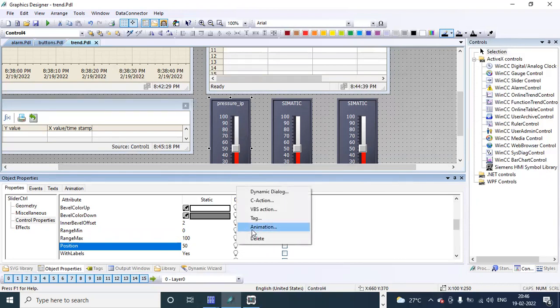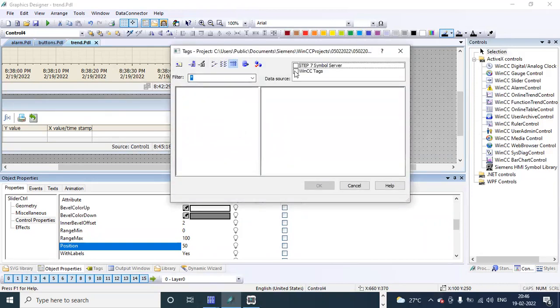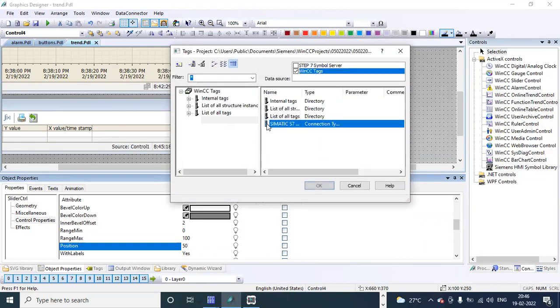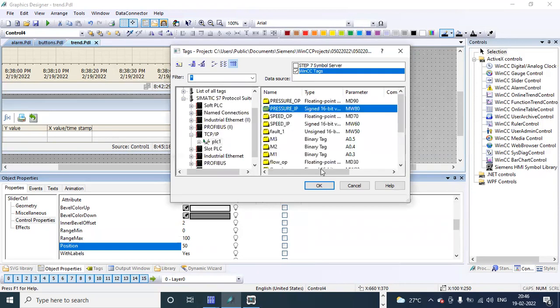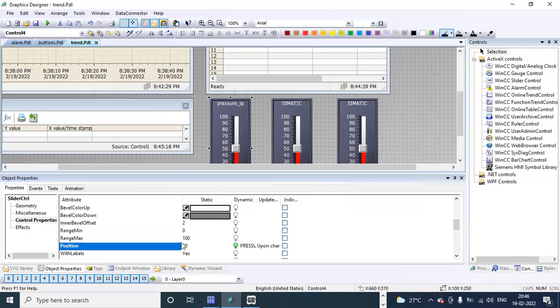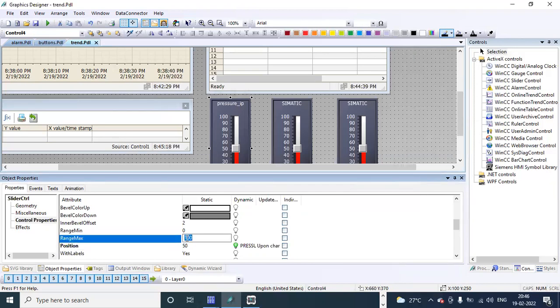So here, right click, give the tag. Which tag? Our pressure input. And what is the maximum range we have to give here? 27648. That's your scale count value for input, right? Which is coming in your PIW.